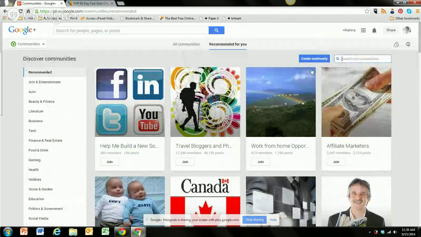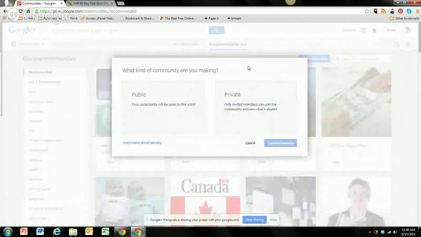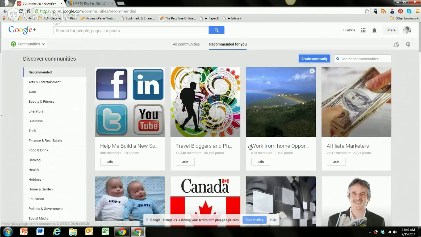If you want to create a community, this is easy. You've got two options. You're either public or you're private. And that's really about it. And that's actually a good thing. There's no middle in between here. You're either one or the other, based on what you're trying to accomplish. But the communities in here are fantastic.